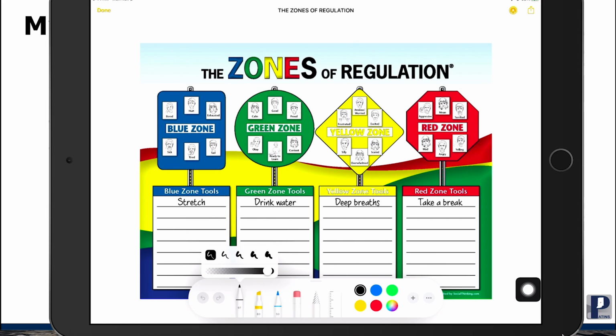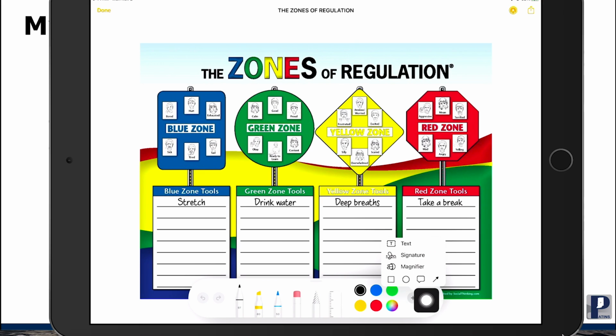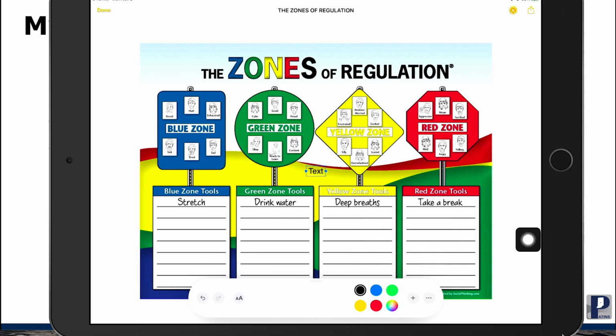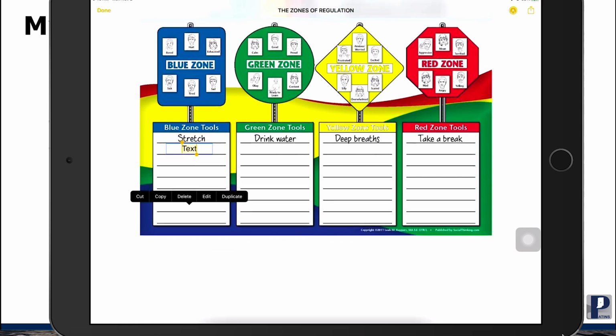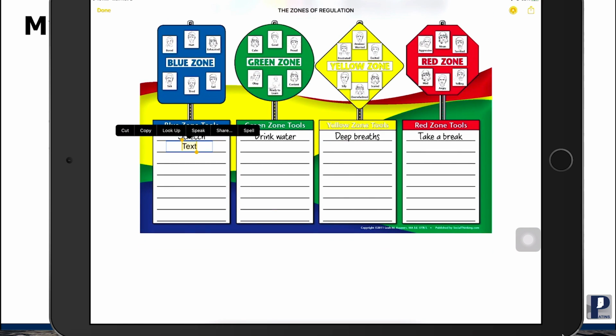I can also go over here to this plus, hit text. I can create a text box. So I'll go ahead and do that real quickly. So you see it pops up in the middle of my screen. Something to do if I am in the blue zone, let's say, I'm going to